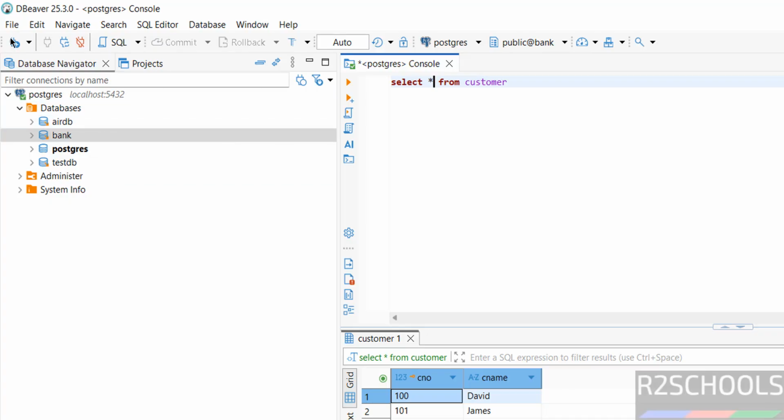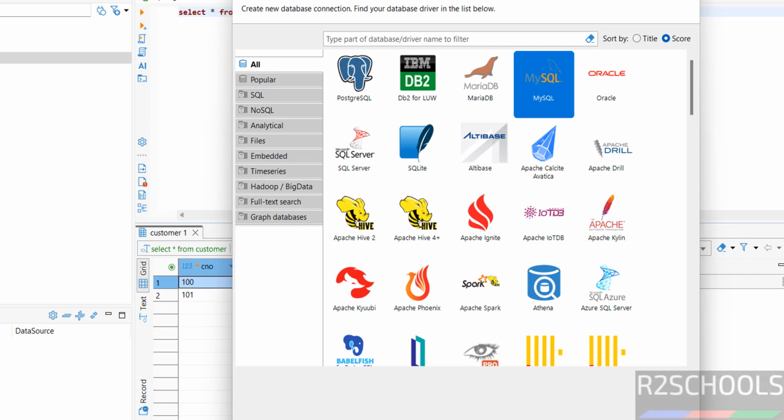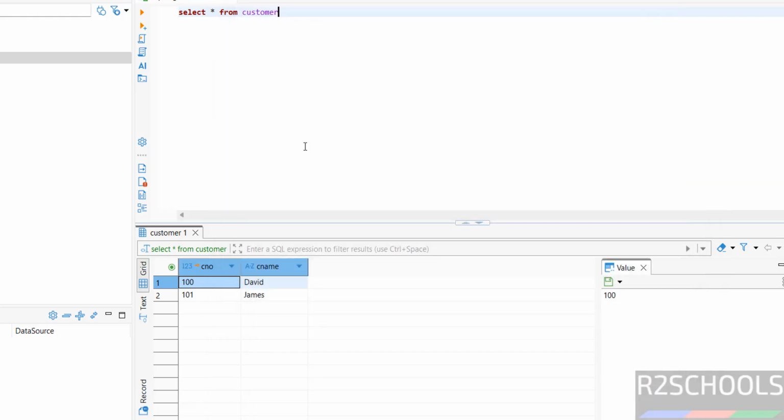Okay. The same way, if you want to connect MySQL, click on here, then select MySQL, then click on next. Now we have to provide all these details, database name, password, then we have to click on test connection. Okay, this is the way. So in this video we have seen how to download and install DBeaver latest version, that is 25.3, on Windows 11 operating system. Then we have connected